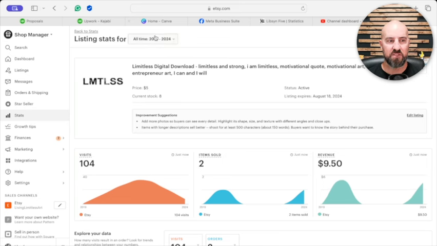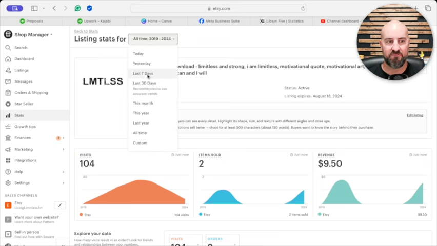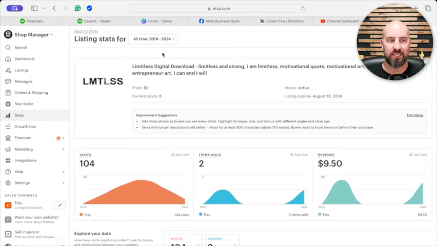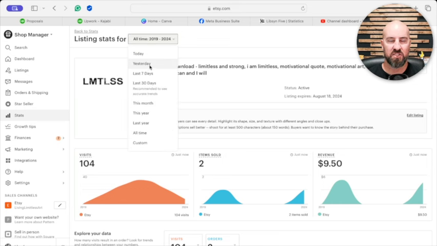So the first option you have is you can view stats all time. You can view it today, yesterday, 7 days, last 30 days, this month, this year, last year, all time, custom. These are useful. I would suggest not looking at it like today, yesterday. Things change, so you need to pick a window of time to look at your stats to really get a good idea. 30 days is a good time, or a renewal cycle, which is 4 months, I think is a